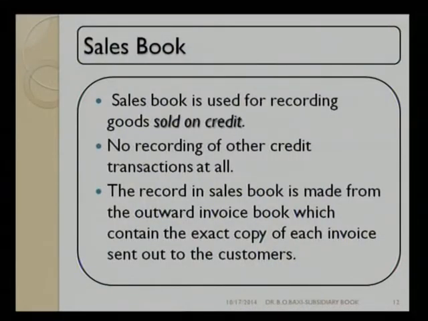The last item is very important in this case. That is, contain an exact copy of each invoice sent out to the customer. As I told you, you have to take into account the copy, not relying on any other thing. You are just relying on the copy. If the salesman says, sir, I have sold goods for 1200 something, no, not something. What is there in the bill? Otherwise, your recording will be wrong. Recording will be wrong, then collection will be wrong. And your books of account will reflect wrong information.